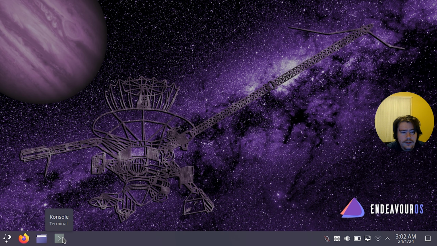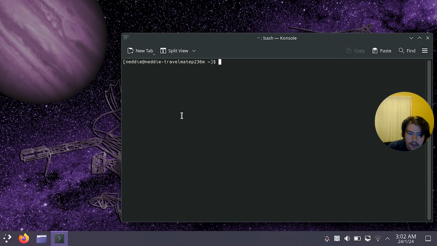Some of the packages that are missing in EndeavourOS are the Flatpak XDG desktop portals. I know that the regular XDG desktop portal is installed, but there are some theming issues that still happen when you use Flatpak. So that's one that we have to install: the XDG desktop portal KDE version and the GTK version. And why I say the GTK one is because of a font issue in Flatpak applications. When you have a Flatpak application that's based in GTK, it has some font issues where it looks like anti-aliasing is turned off, so it's really sharp. And that's an issue. So the fix for it is just to install the xdg-desktop-portal-gtk package,